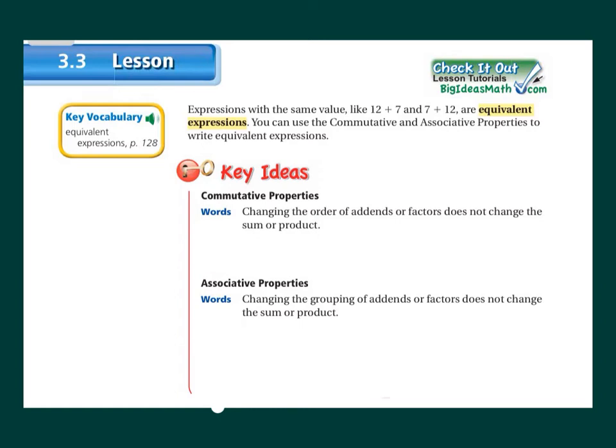Okay, so this is the 3.3 lesson. We're going to be talking about equivalent expressions, and whenever we get into equivalent expressions, we start to talk about some key properties in math. So the definition of equivalent expressions is not really important for your notes. The two things that are super important that you need to put under the 3.3 lesson in your notes are,